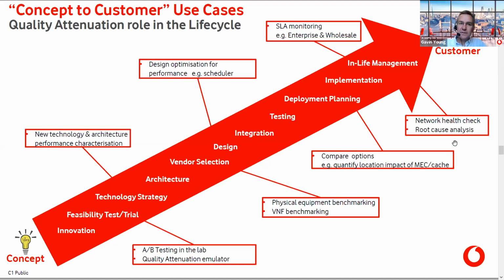You can certainly use it for design optimization, as I mentioned, things like schedulers. We're doing some work at the moment on a complex convergence capability in the network, using quality attenuation to fine-tune the scheduling approach used there to maximize the customer experience.